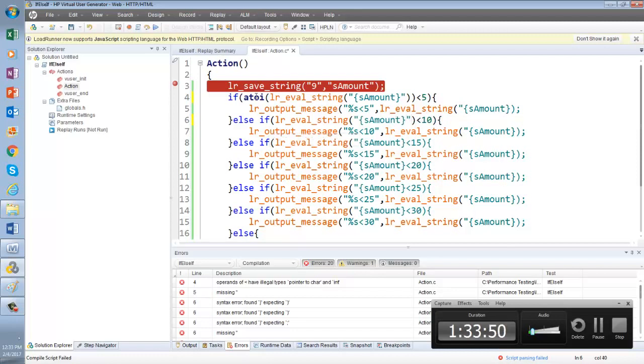Now here, actually let me type it here. ASCII to integer. And can you see parentheses? This parenthesis is closed, that means we need one more parenthesis to close that one. Now we will be closing this parenthesis here. First we are converting this amount to a string, and after converting this string we are converting it to an integer, and then we are doing the comparison.